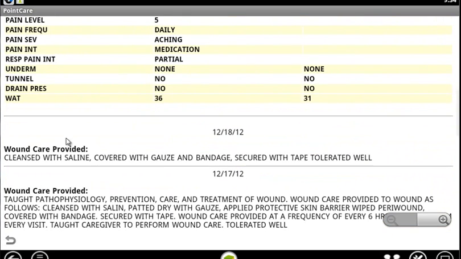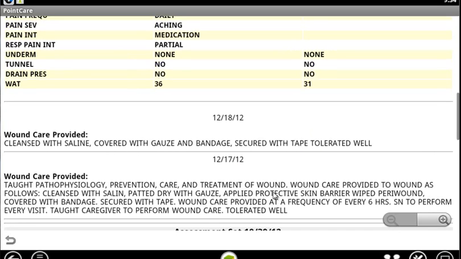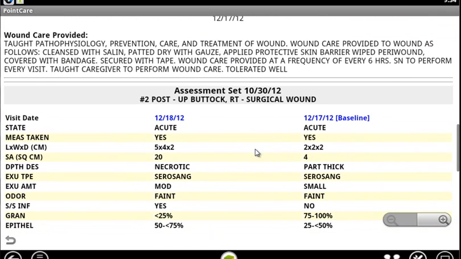Then we can also see the wound care provided for this wound on 12/18, and we can see the wound care provided on 12/17. Now if we keep scrolling down, we get to wound number 2. We can see the baseline and then the measurements taken on the last visit. And so as measurements are taken and visits are completed, this report will populate with up to 5 visits worth